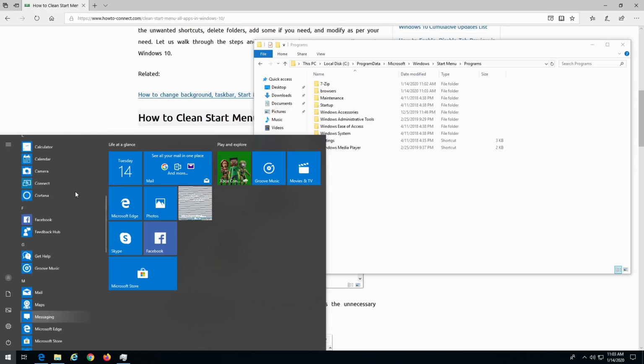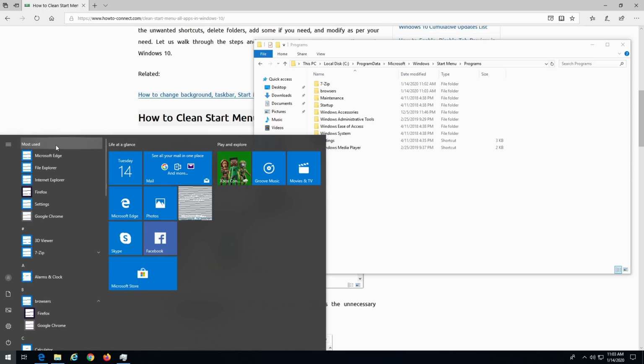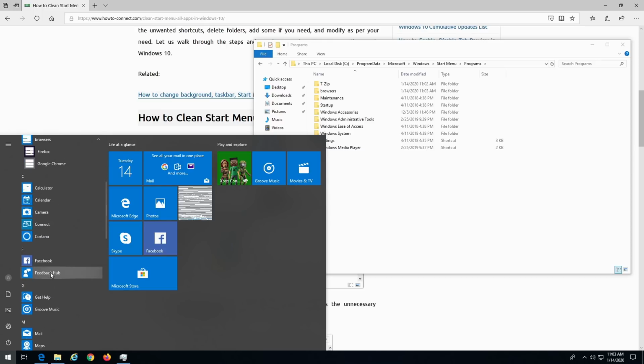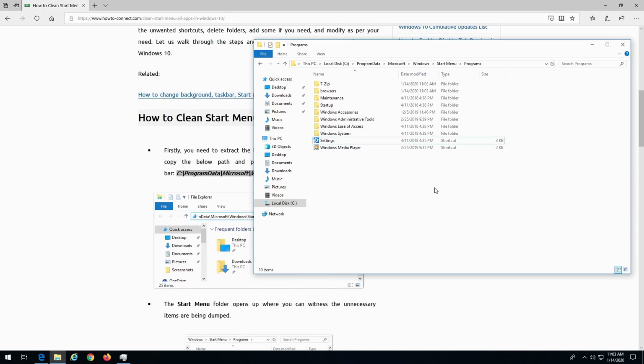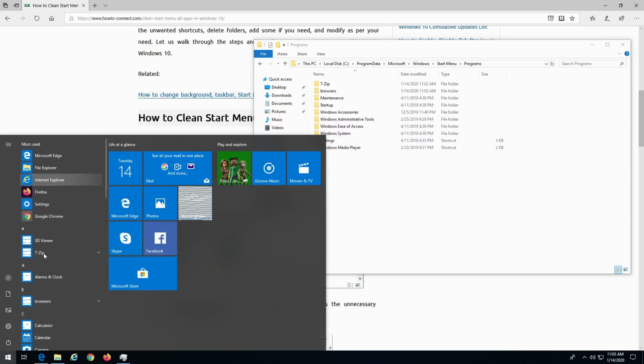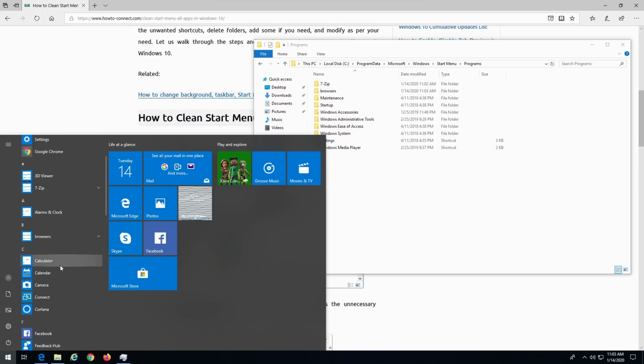But what you'll notice is that all these other apps are still here. This is what I'm talking about. I like a clean start menu. I like the ability to come in here and completely say, I want this to be clean and organized. That's one of the things I can't actually do inside this. I can't go in and say, hey, turn off the alphabetical list of things or categorize everything so that I can take all of my Windows accessories, throw them in one folder called accessories. Inside there, I'll find an alarm clock, I'll find a calculator, I'll find a calendar, I'll find whatever else I need to use.